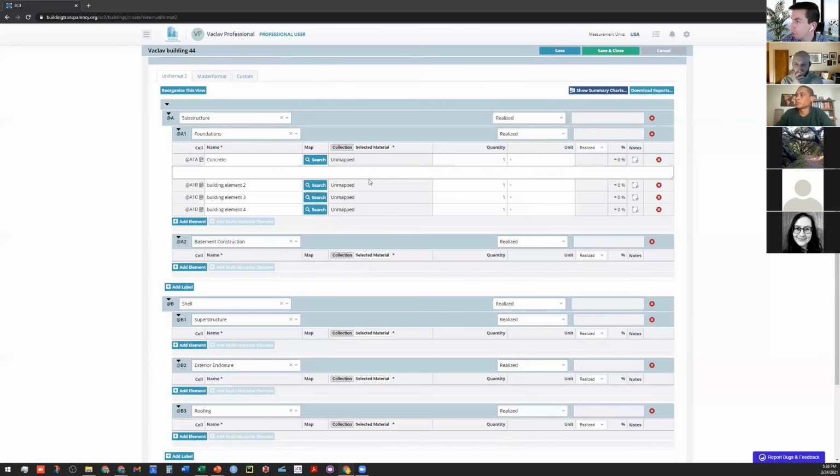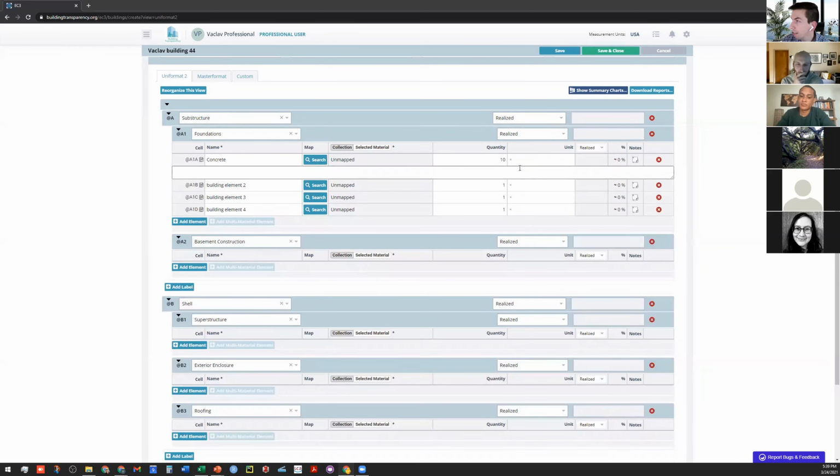You can also add your own notes, for example, if you want to place some placeholder notes for your reference for later, or if you want to memorize some equations that you are using in the spreadsheet, you can do that as well. Again, it's just like a spreadsheet tool, so you could have an equation in this quantity cell, for example, 2 times 5, and it will automatically calculate that.